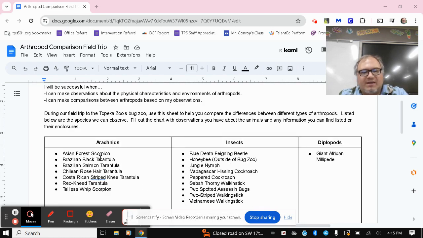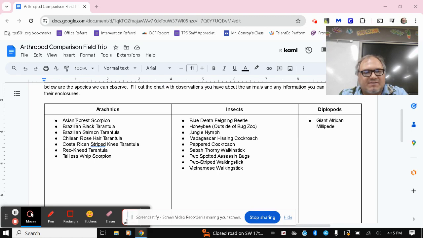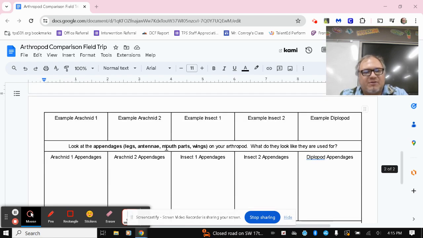So, normally during the field trip, we would be selecting from this list of animals here. Again, we've got several arachnids that are listed, several insects, and then just one diplopod, the giant African millipede. For that particular example, that'll be the only one you can select for this. But otherwise, you can pick any of these options from these lists to help fill out the chart that follows